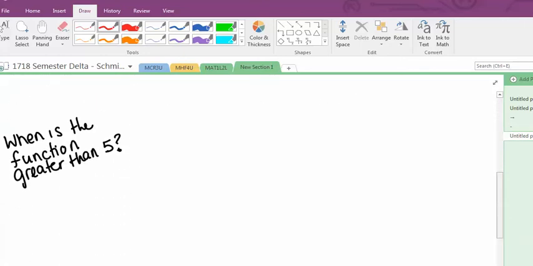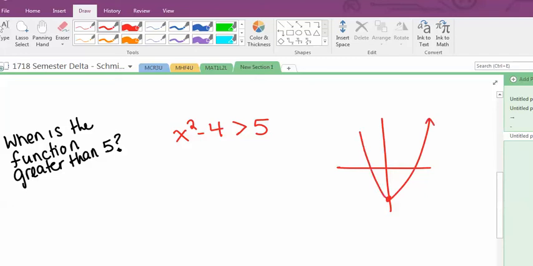So if we want to know when our function is greater than or equal to, or greater than 5, we take our function, x squared minus 4, and then we just say when will it be greater than 5. So you can see right on the graph when it's greater than 5. Like our graph looks like this. So if we just look and find out where 5 is, then we know our function will be greater than 5 in those areas. Or if we want to show it using algebra,